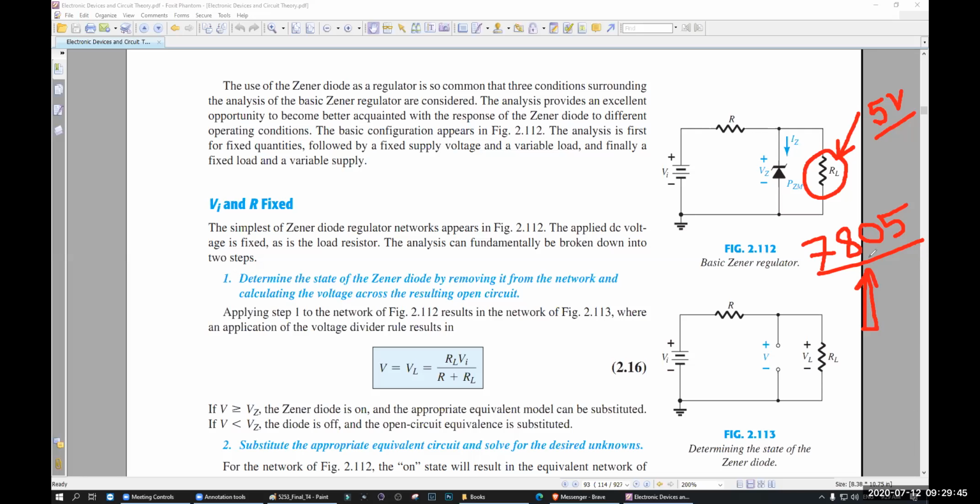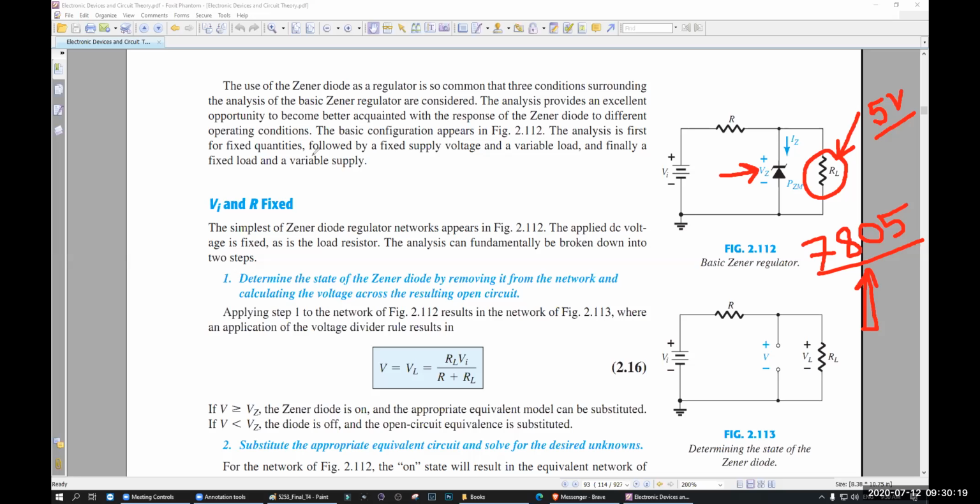The problem with ICs is you do not have a lot of values. You have 7805, 7806, 7809, 7812, 7815, 7818, something like that. What if you need 7 volt? What if you need 8 volt? You cannot use an IC because those ICs are not available. In those cases, you can use a Zener diode because Zener diodes are available in many values. That's why the Zener diode is easier to use.